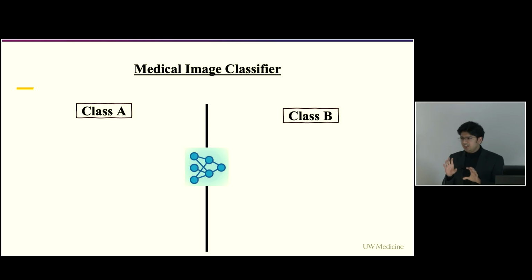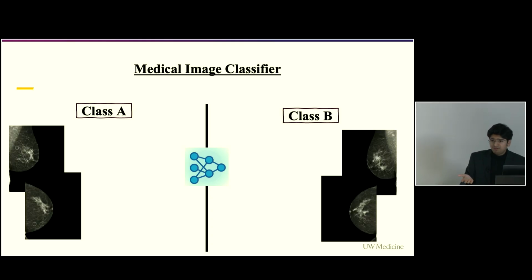Let us say that we have a medical image classifier, a simple binary classifier, which is just taking in images and then putting them into two bags, class A and class B. For example, in the case of mammograms, class A is, let's say, potentially healthy. Class B is abnormal, with, let's say, cancer. It has a disease. For those curious, there's a cancer present here. This is the tumor region in these mammograms.